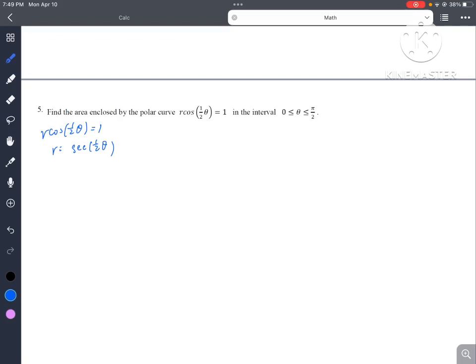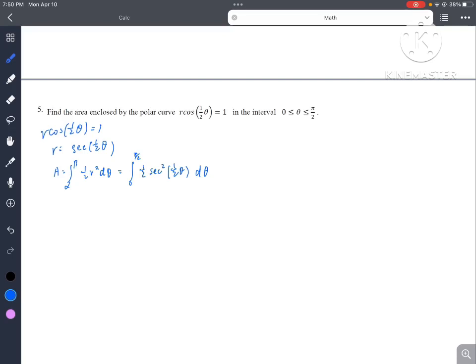So we just use the previous formula. A is equal to the integral from alpha to beta of 1 over 2 r squared d theta, which is equal to the integral from 0 to pi over 2 of 1 over 2 secant squared 1 over 2 theta d theta, and then we can integrate it